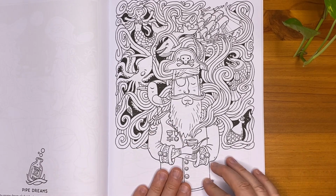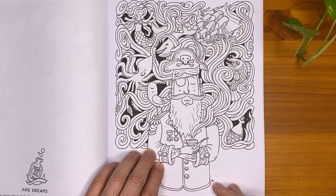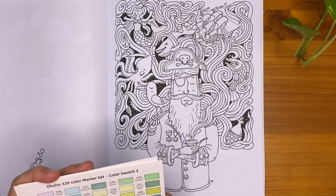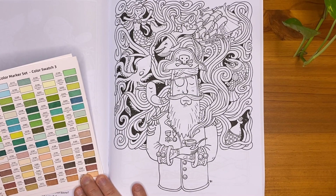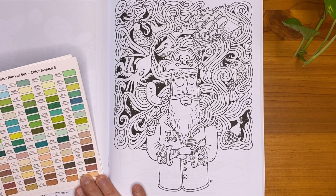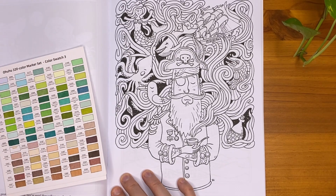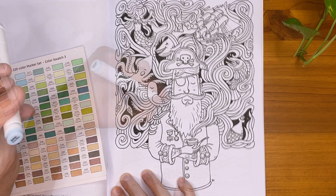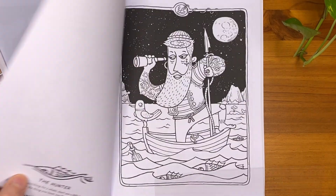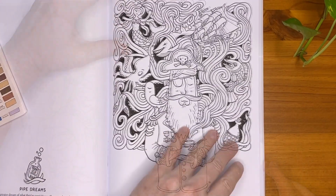This is Pipe Dreams, and I'm thinking that all of these fun little waves in the background, I am going to colour in. I was going for some blues, some sort of turquoise blue, frost blue, and maybe some of this horizon green, with a pale green for the darker spots. We'll see how we go. But I was going to start with the lightest one, which is frost blue. Well, before I start, let's get a little